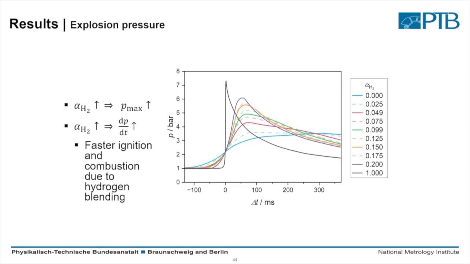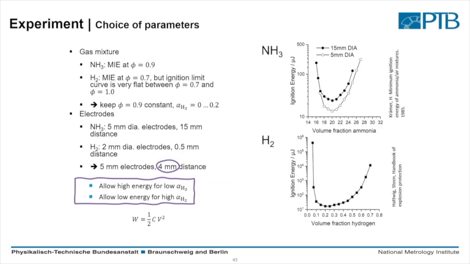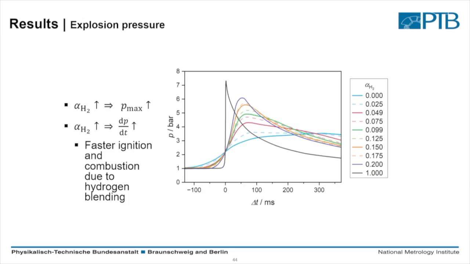Then if we compare this with this pure ammonia plot, a very slow pressure rise. What I have to say here, this T equals 0 corresponds to a given pressure trigger value. Therefore, they are not triggered on the electrode. Otherwise, this blue curve would be somewhere here. So T equals 0 is the time when we reach this specific pressure value.